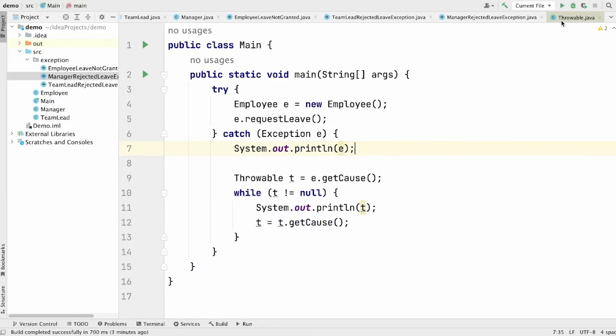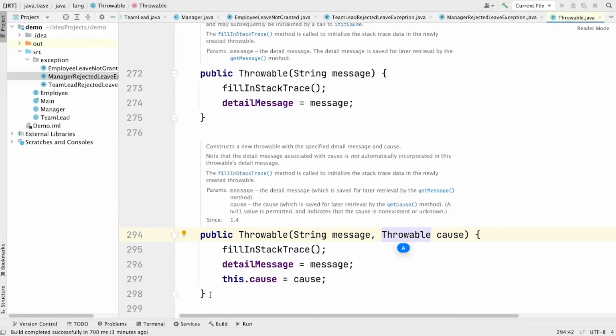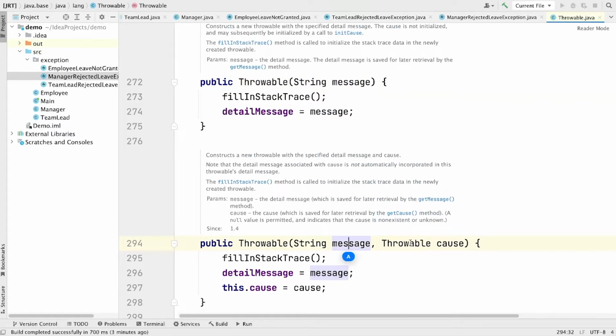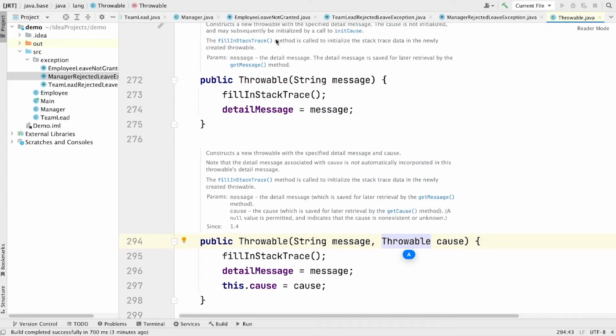So guys, if you go to the Throwable class, you will see that there are two constructors of this Throwable class, and this class is the topmost class of the exception hierarchy. First is Throwable, then Exception, and then we can create our own custom exception. One constructor takes a message as a string, and the second constructor takes a message as a string and a Throwable. So in the Throwable class itself we can also pass a Throwable. This means we have a Throwable inside of a Throwable, and inside of another Throwable. Because of this property, we call it chained exception.